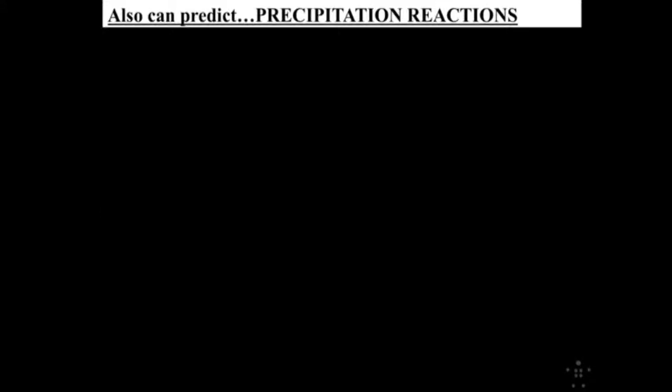So if we know a little bit about how different compounds are going to act in solution, we can use that information to predict the outcomes of what we call precipitation reactions. So we've seen how to predict acid-base reactions. Let's look at how to predict precipitation reactions. Just as an example of what we mean when we talk about precipitation reactions, let's look at the reaction of potassium